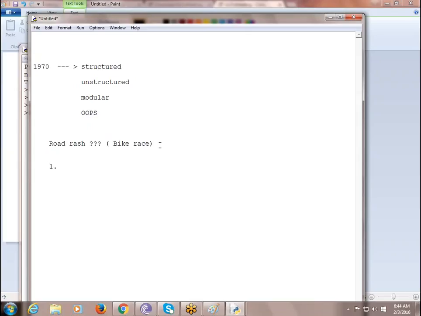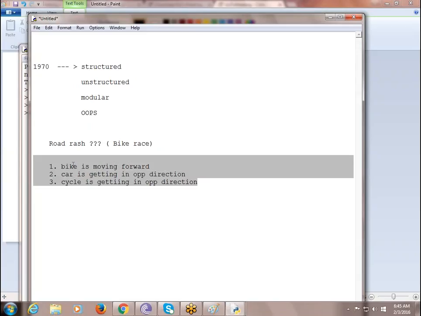So you will write a piece of code something like this: the bike is moving forward, the car is coming in the opposite direction, the cycle is also coming in the opposite direction.